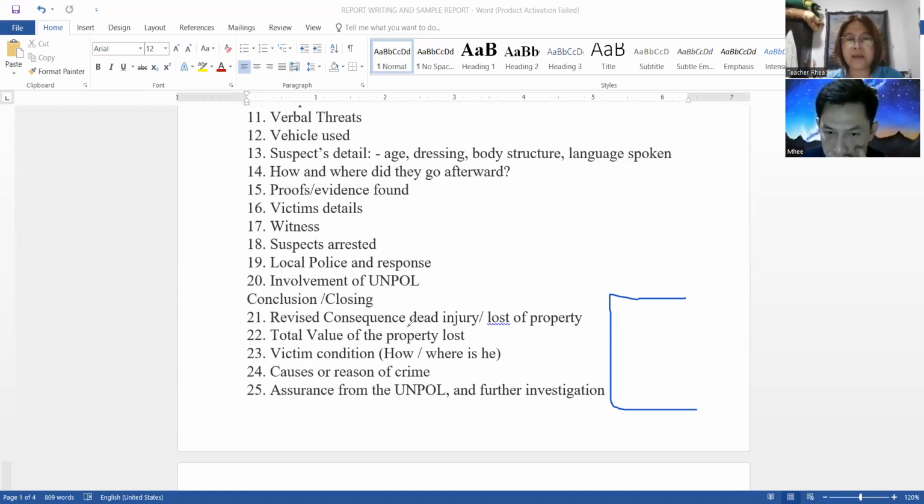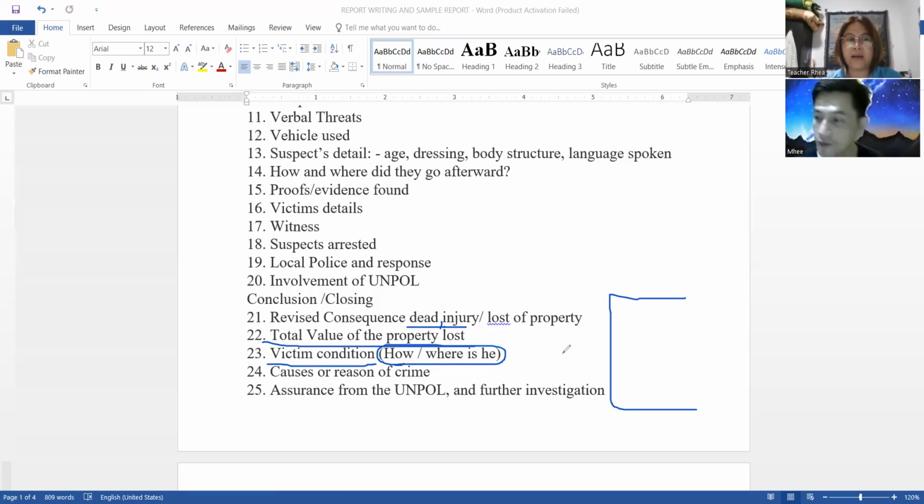So revised consequence: death, injury, or loss of property, if there is any. Then the total value of the property lost. For example, if properties like buildings or laptops or computers were stolen, you can put the estimated value. Usually we do the estimated cost. Then what's the condition of the victim? Is he still in the hospital, in the ICU, or where is he? Is he in the hospital or just